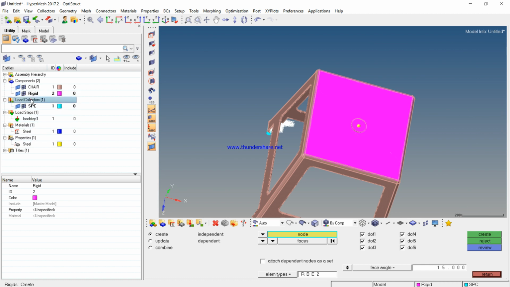The rigid has been created, and then we want to create a force,